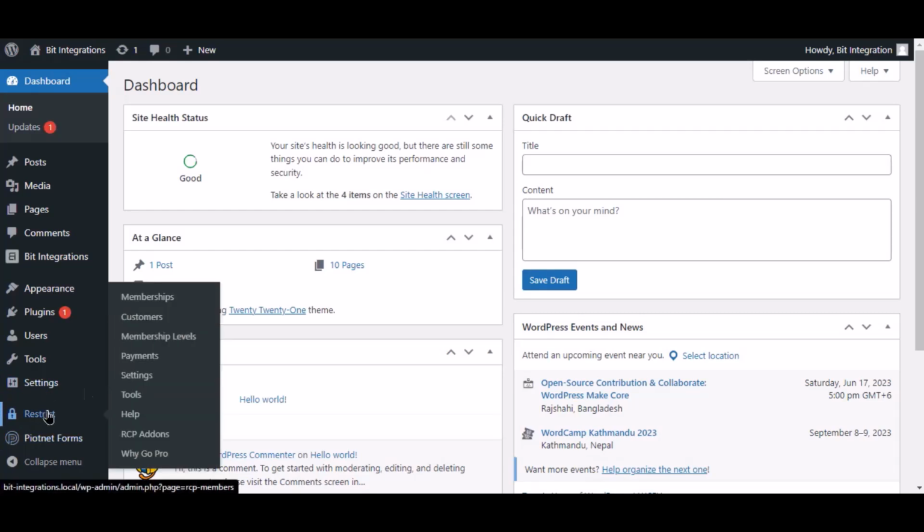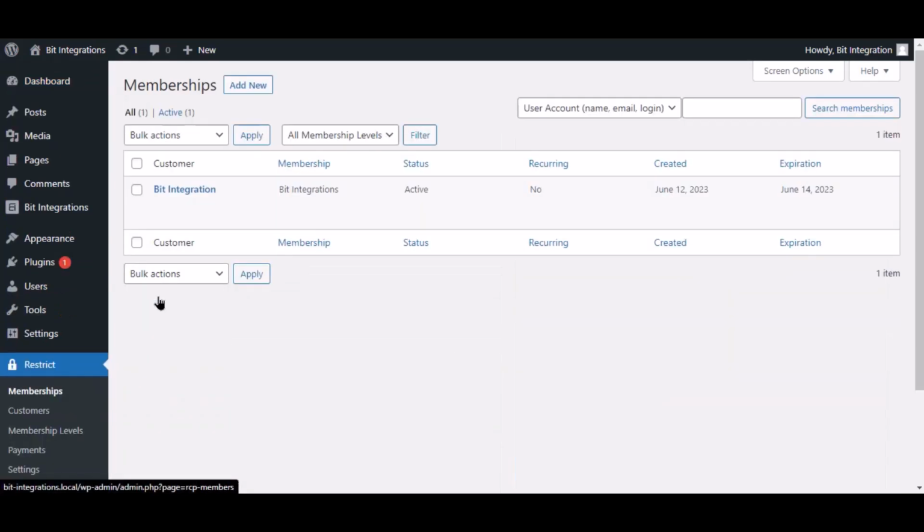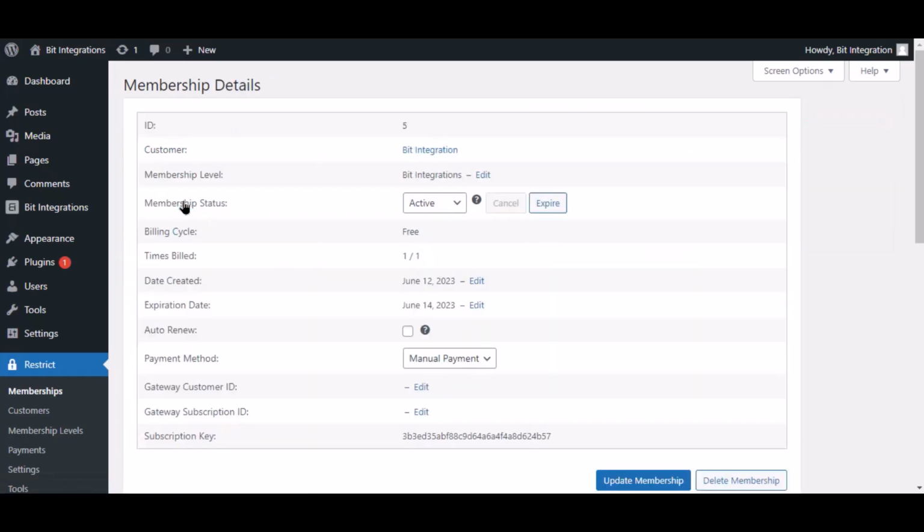Also, go to RestrictContent and check the expiry date is added or not. Here is the data coming into RestrictContent Form Bit